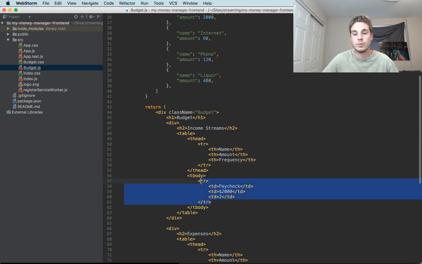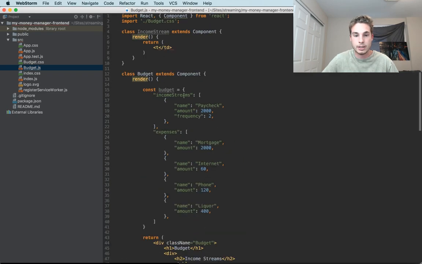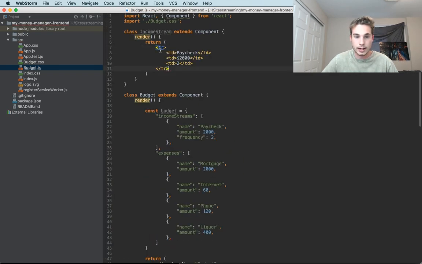So this is what our income stream looks like in HTML. So we're going to take that and pop it into our IncomeStream React component. Now we're going to learn about props for the first time. A prop is the data that you pass to your React component so that it knows what values to put into certain fields. So instead of hard coding paycheck in here, we're going to take